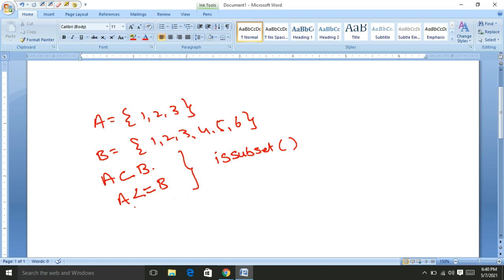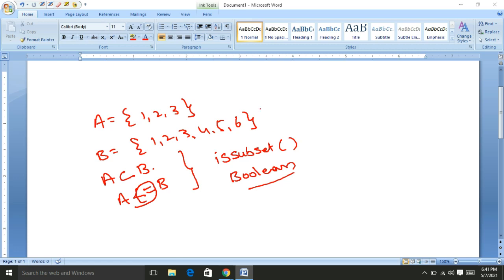Either this method or this operator returns a boolean value saying whether A is a subset of B or not. It does not return any set, it always returns a boolean value.